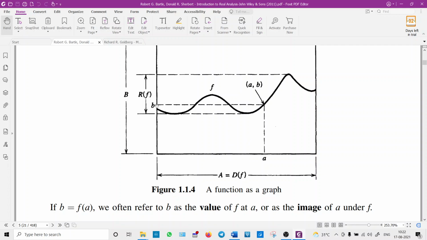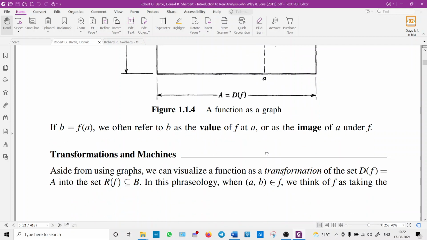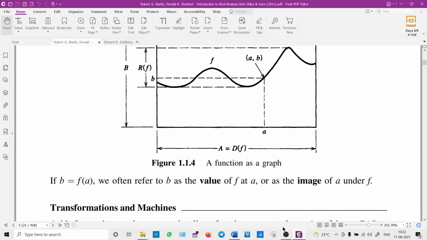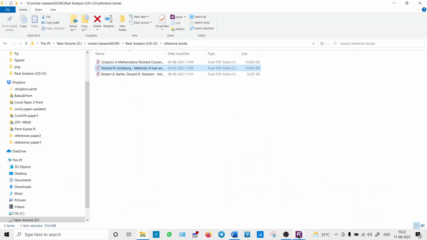So to find the inverse image, you just draw this horizontal line, and then we can find the inverse images. So for this graph, there are 3 inverse images for the point B. See here, maybe first one here, second point is here, third point is here. Okay, so you can refer to this. What is this? Domain, codomain, inverse image.